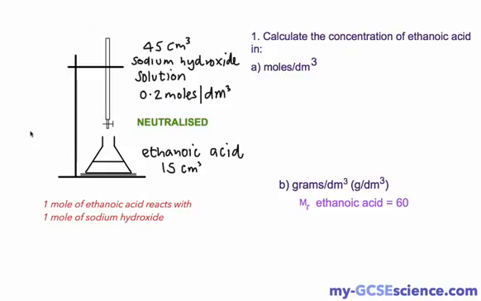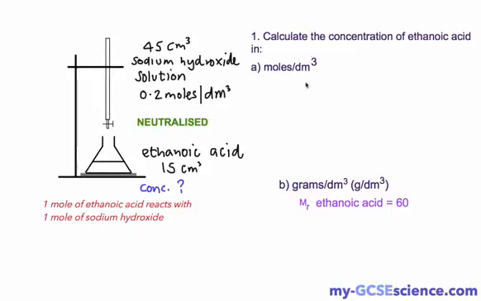Now our next problem is slightly trickier, but still something that we can do if we go through it step by step. What I've got here is 45 centimeters cubed of sodium hydroxide solution, and its concentration is 0.2 moles per decimeter cubed, and that has neutralized some ethanoic acid. We have 15 centimeters cubed of ethanoic acid, but we don't know the concentration. We assume here, the question tells us, that 1 mole of ethanoic acid reacts with 1 mole of sodium hydroxide. The question is asking us to calculate the concentration of ethanoic acid in the unit of moles per